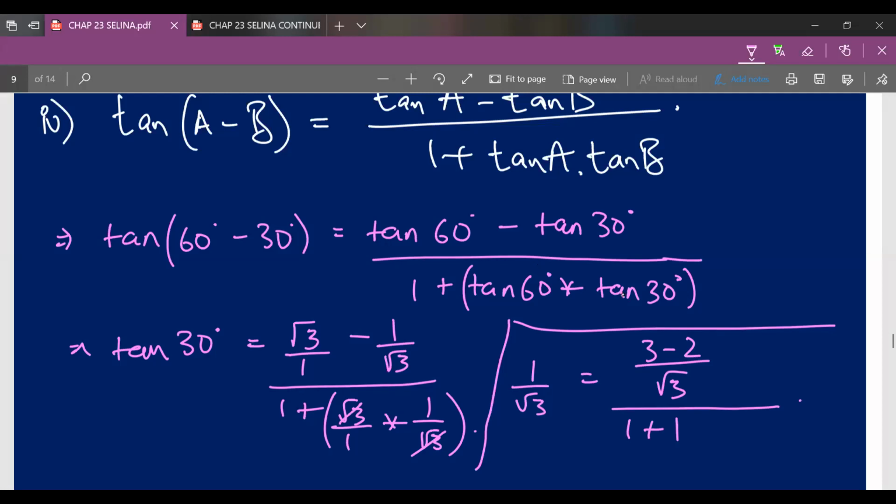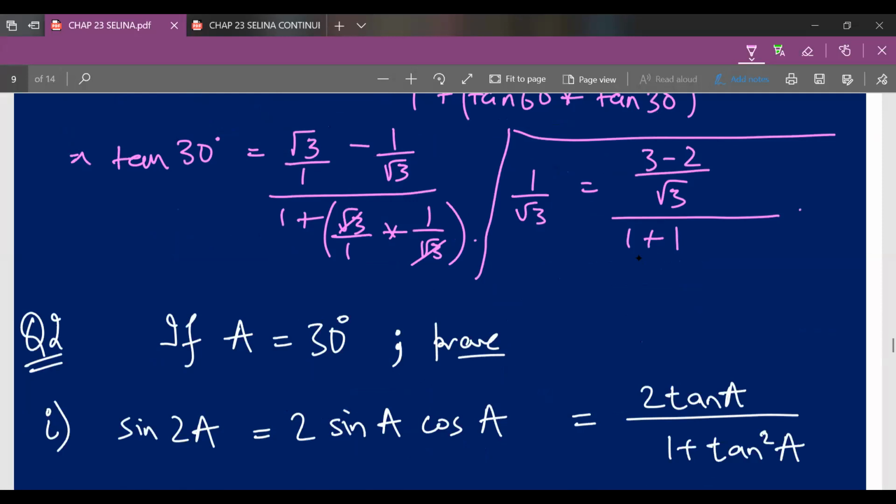Okay, so I'll scroll down a bit, see if there's any space left. Okay, so there's a teeny tiny space left, so I'll try to do the rest of the steps orally. So 1 upon root 3, and 3 minus 2 will be 3 minus 1, pardon, so it will be 3 minus 1. Okay, so 3 minus 1 will be 2 upon root 3, whole upon 1 plus 1, which will be 2. Okay, so I'll just try to make some space over here. So please note it down, because I'm going to rub a few steps.